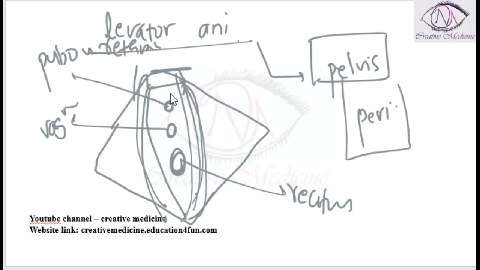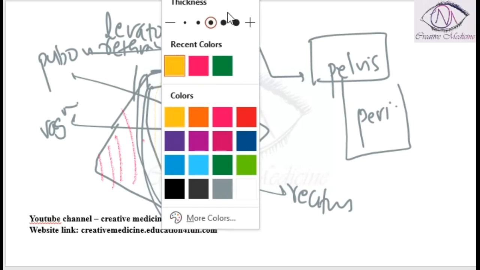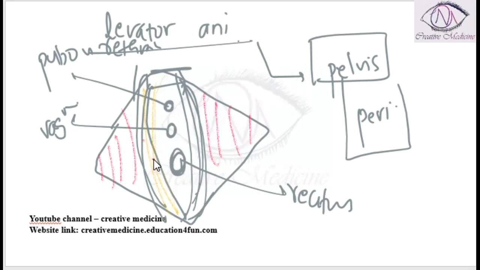So in the levator ani, we have two muscles, pubococcygeus and iliococcygeus. This will be iliococcygeus. Pubococcygeus has three parts. The muscle fibers will run from the pubis to the coccyx. So that is pubococcygeus. While the muscles are running from the pubis to the coccyx like this,